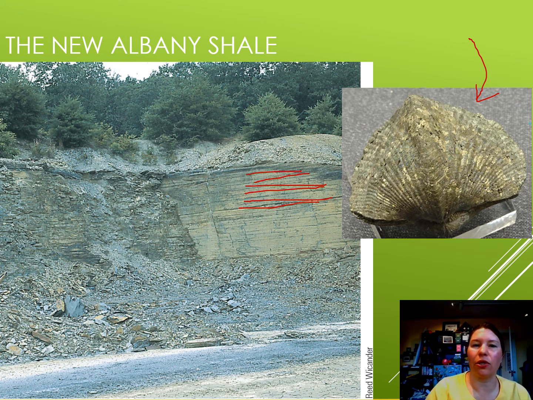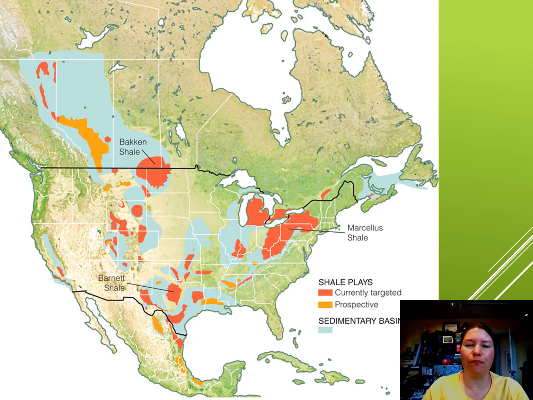The shales contain large deposits of uranium and petroleum. And when we do find fossils, they can often be replaced, at least partially, by pyrite and some other cool minerals that form in these special situations. So that's kind of a neat type of rock. Here are the shale plays, in red. And one of the ones that's very well known in Ohio and has been used for petroleum is the Marcellus shale.